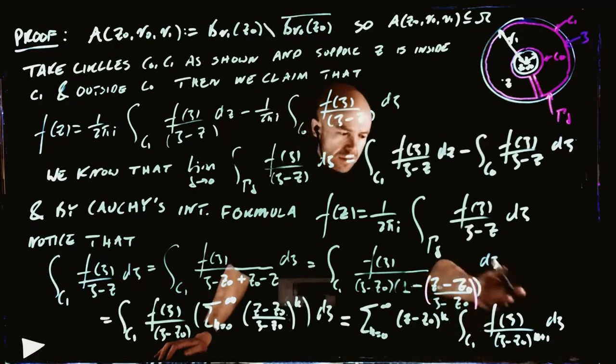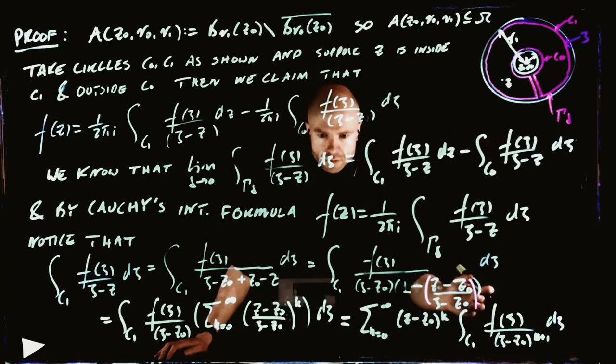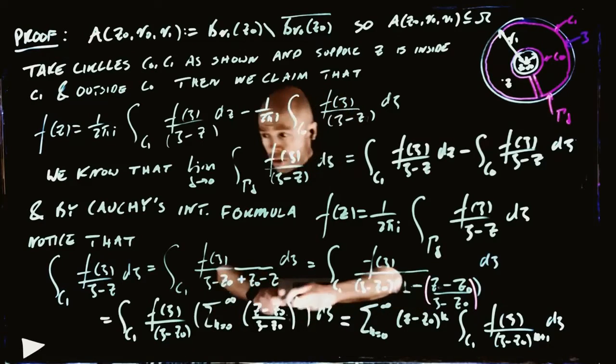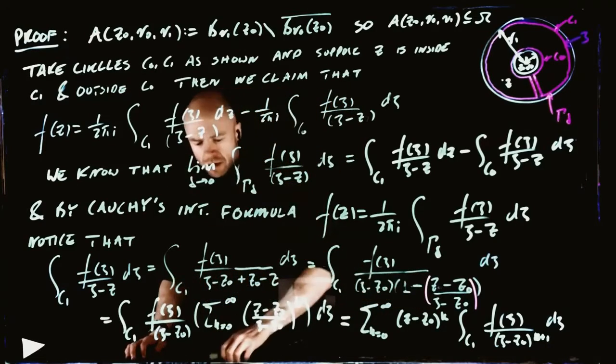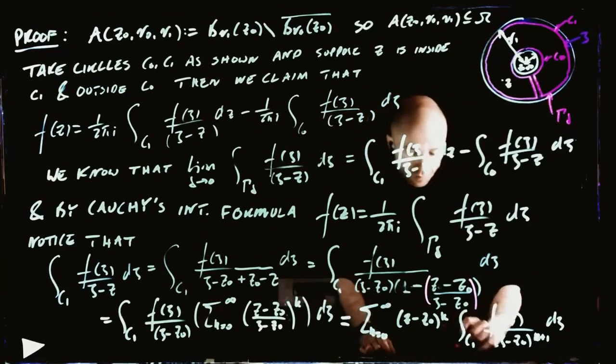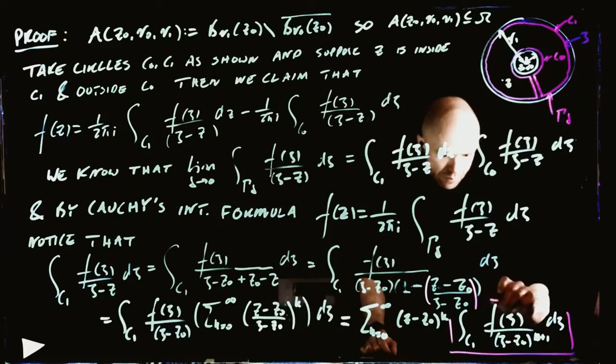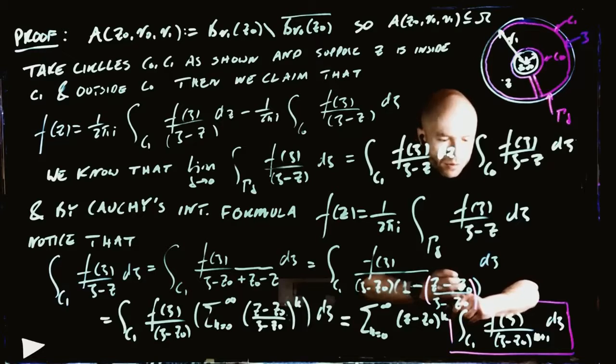And we also know that this is equal to the kth derivative of f at z0 divided by k factorial. That's exactly how we prove Taylor series. So the contribution from the outer circle gives us the Taylor series part. So this part right here is equal to